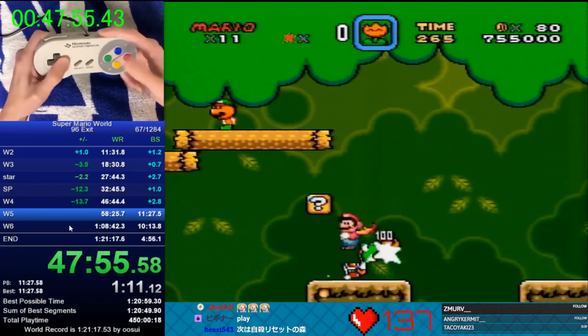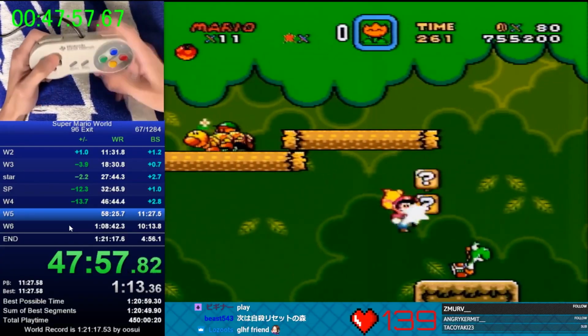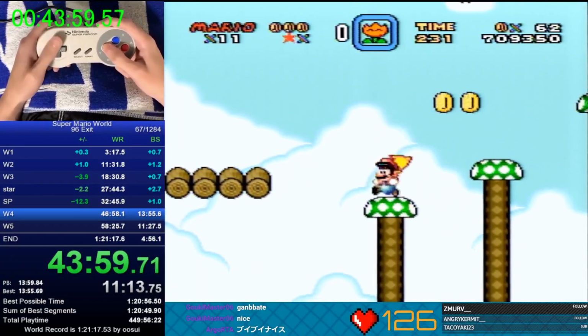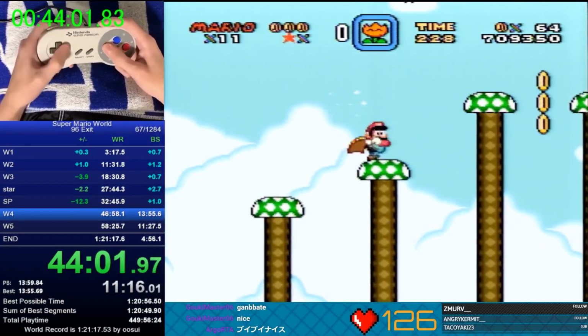In fact, if he had broken even on his Forest split, it would have been just enough to get a 120.59. Besides just optimizing simple movement from level to level, this game over the years has kept on giving in